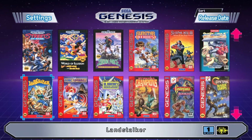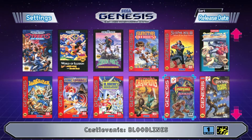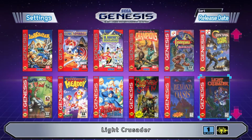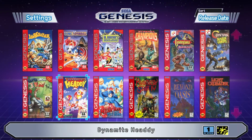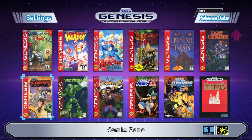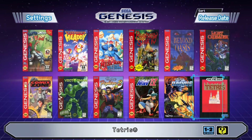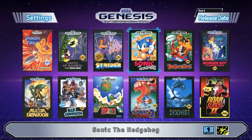Streets of Rage 2, the best in the series, Landstalker, Sonic Spinball, Dr. Robotnik's Mean Bean Machine, Eternal Champions, Castlevania Bloodlines, Contra Hard Corps, got some good third-party support, Light Crusader, Beyond Oasis, Phantasy Star 4, Mega Man The Wily Wars, which was only released in Japan and Europe, Dynamite Headdy, Earthworm Jim, Comix Zone, Virtua Fighter 2, Monster World 4, Darius, and Tetris, which I believe was not even released officially on the Genesis or Mega Drive. So, what I want to test out, I am a Sonic guy, yeah, but we want to see